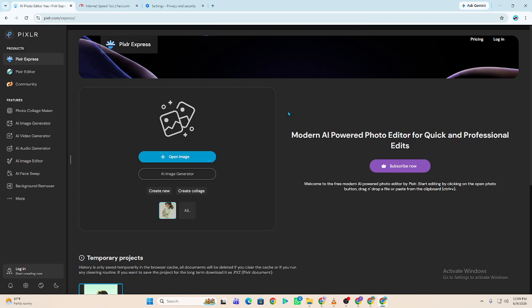And that's how to fix Pixlr crashing in 2026. Most crashes are caused by memory overload, browser issues,